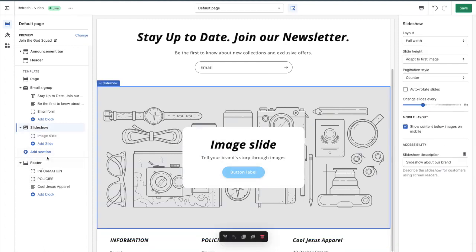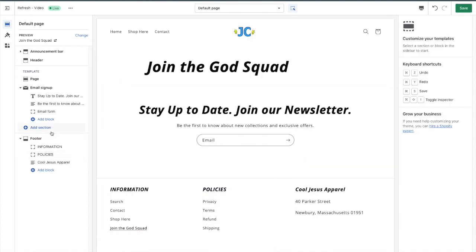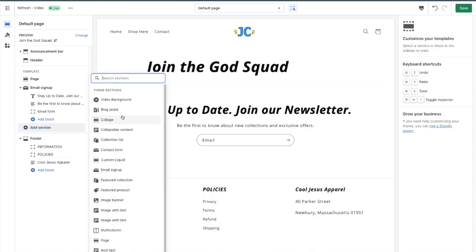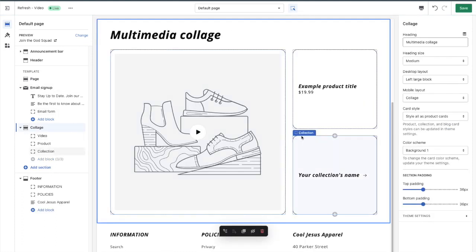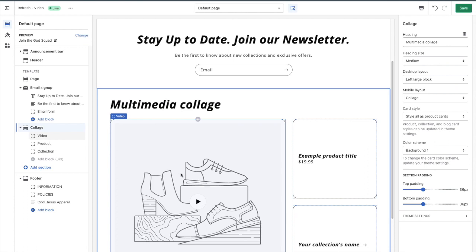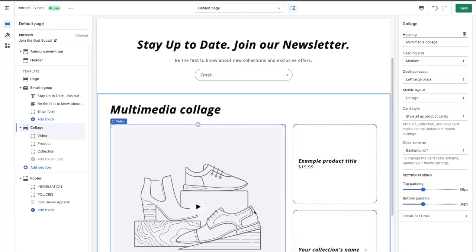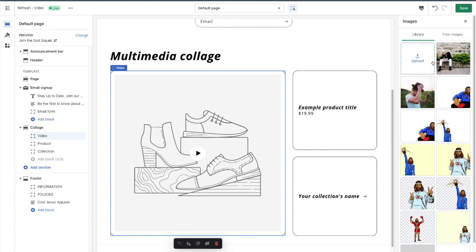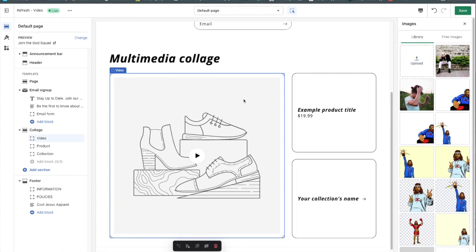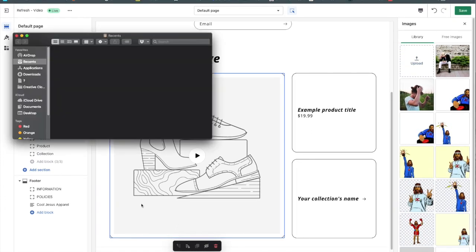No, I don't like that feel. Sometimes you just gotta add it and see how you like it. Right now, I want collage. Yeah, this will be good because then they can see some product as well as